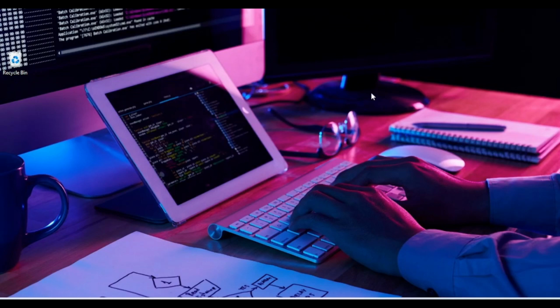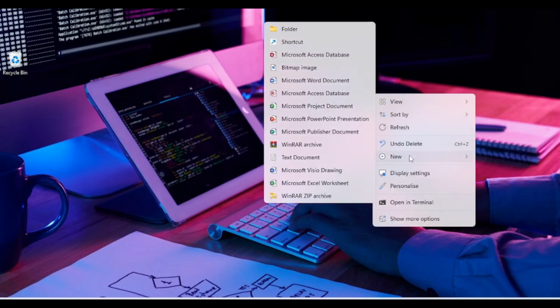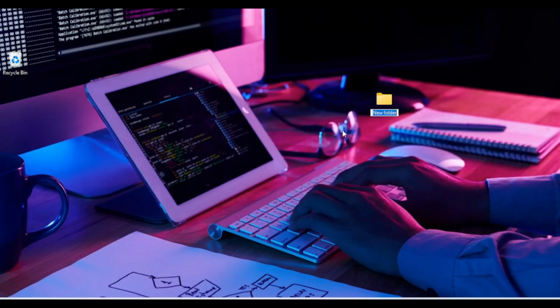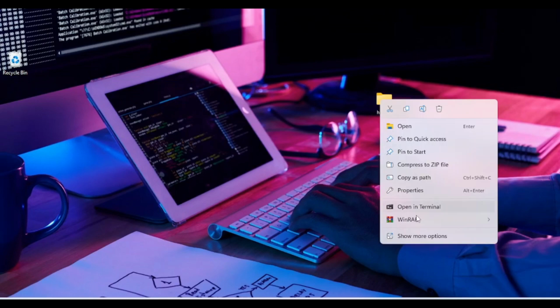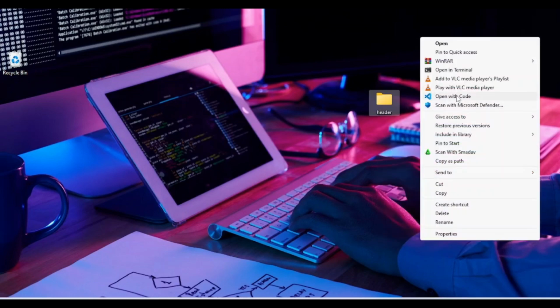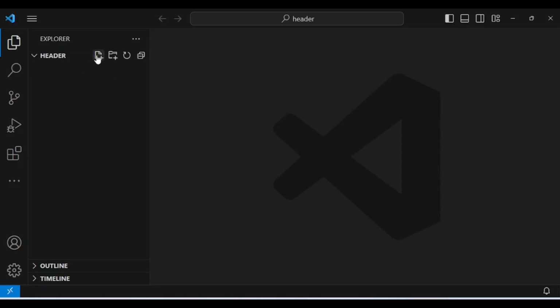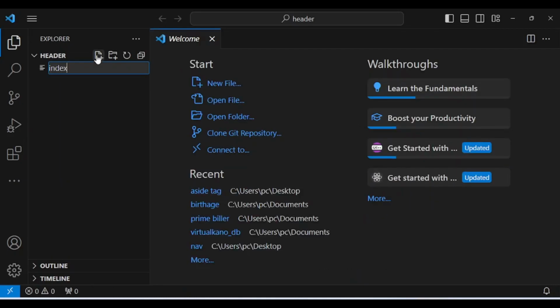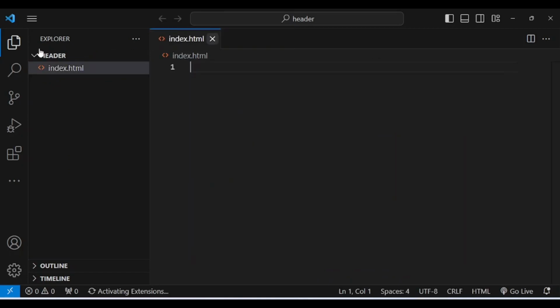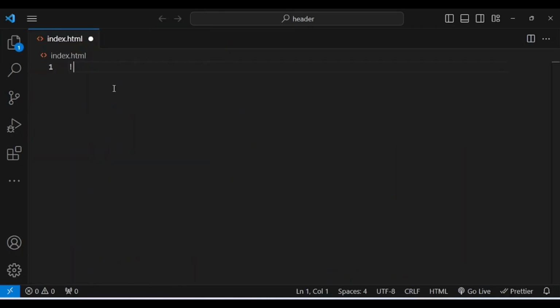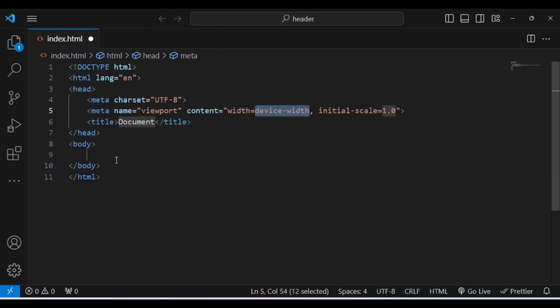So let's say now you have a folder, and then let me open a new folder and give it the name header, and then I definitely want to open up this folder inside my code editor, and give it some index.html. Close this file, and in here I definitely want to bring out the normal HTML